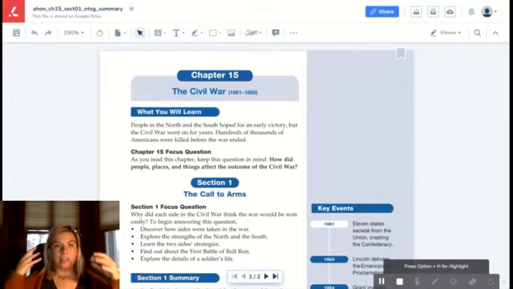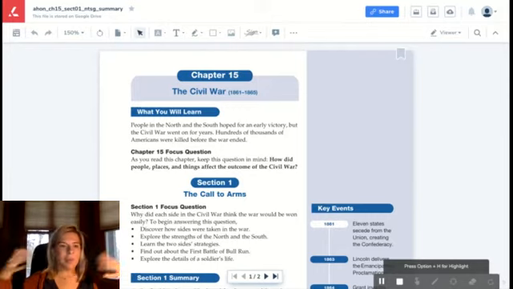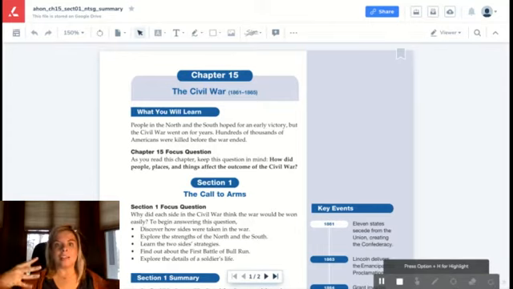So, Civil War, we're here, it's happening, and they're going to be talking about the differences between the North and the South. The last time that we had been in class, I was telling you that what we were talking about was super boring, but it was going to play a big role in the Civil War, and that is roads, canals, all those things, railroads. Those were going to have a major impact on the Civil War. And if you remember, most of those roads, canals, railroads were being built in the North.